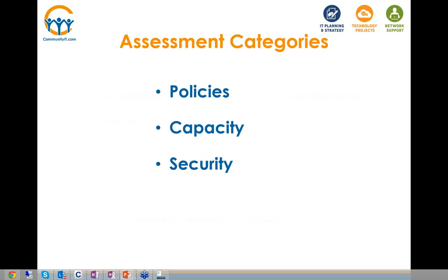Security, very important part. What is your security profile? Hopefully you have some basic security in place. Security is also related to policy. So security issues include things like making sure that you have a good firewall, making sure that you have good content filtering. And this is something that's not very popular, and usually when we bring it up with our clients,